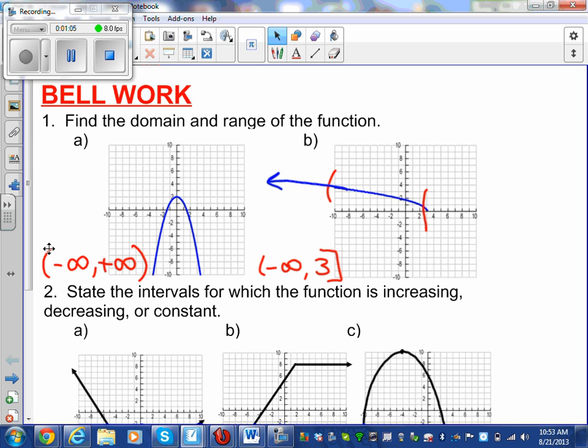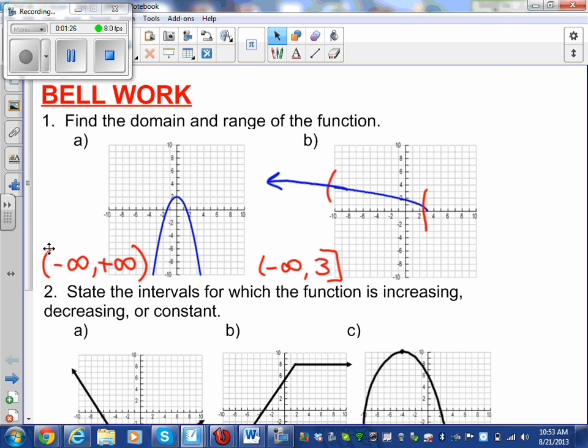Well, for range, it's the set of all y values represented on the graph. So this time, you're thinking bottom to top. So think instead of putting up walls, try to place a floor and a ceiling and saying that the entire graph exists between that floor and that ceiling. So if I look at part A,